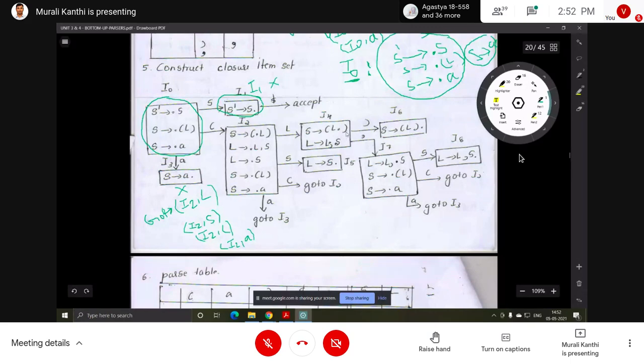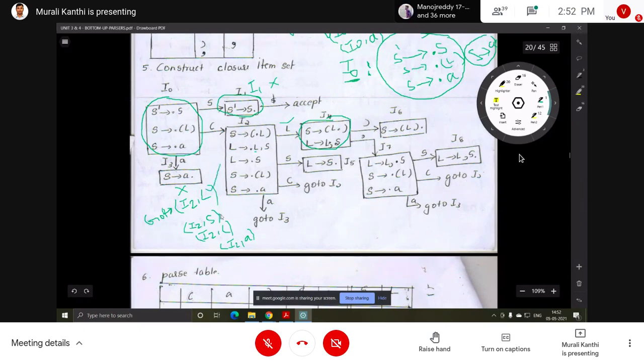Next L: shifting the dot, L implies L dot comma S. After the dot comma is there. Comma is a terminal, so no need to add anything. Now we can call it a new item set, I4. With L completed.